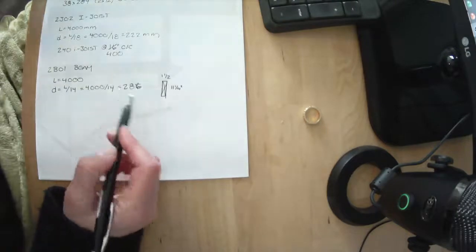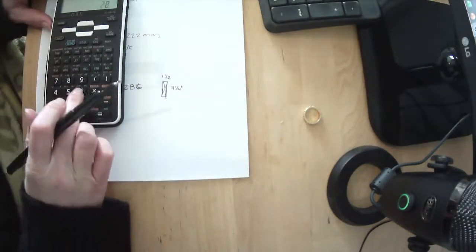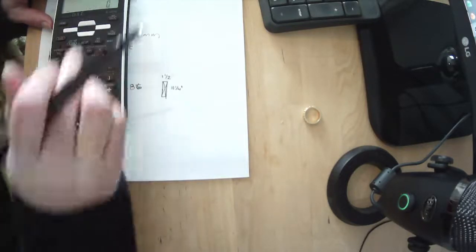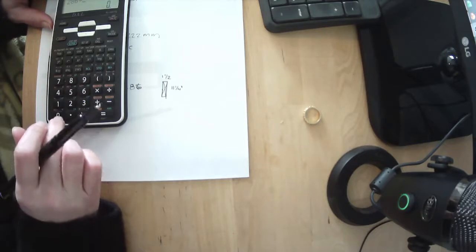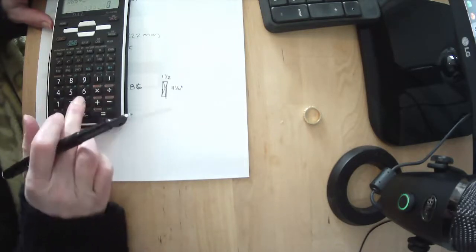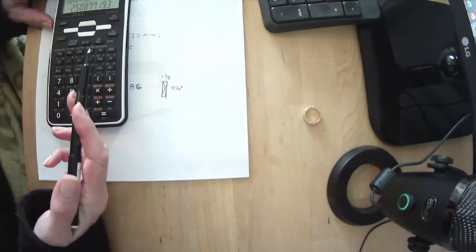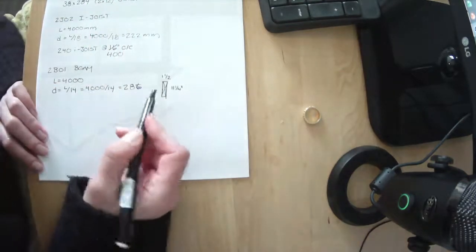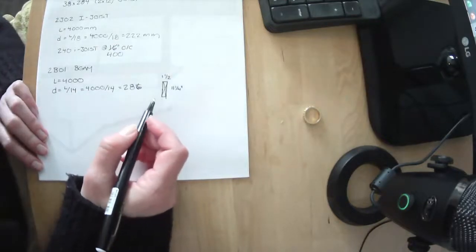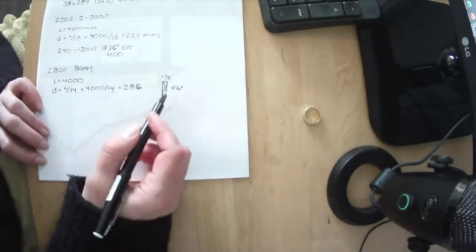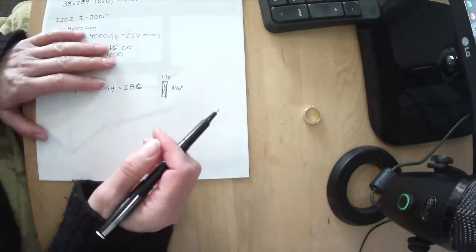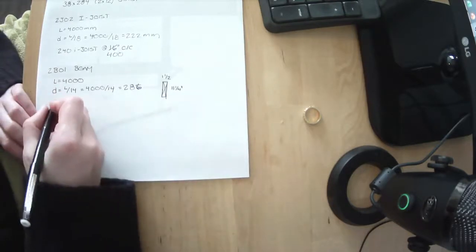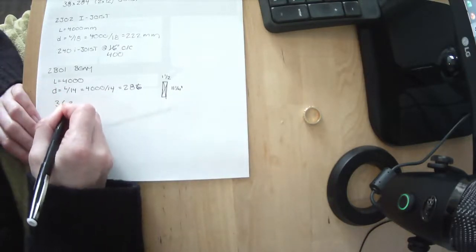I'll do the 286. So 286 divided by 2 is 143 divided by 38 shows we'd need 4 plies. 286 divided by 3 divided by 38 shows we'd need 3 plies. So it looks like 3 to 4 plies is going to be the right answer for this. So I would probably go with 3 plies on a preliminary drawing set. But again, this is a really inaccurate method. So 3 or 4